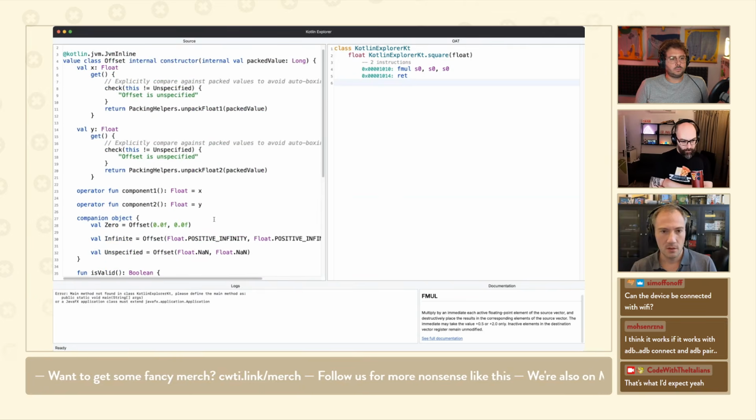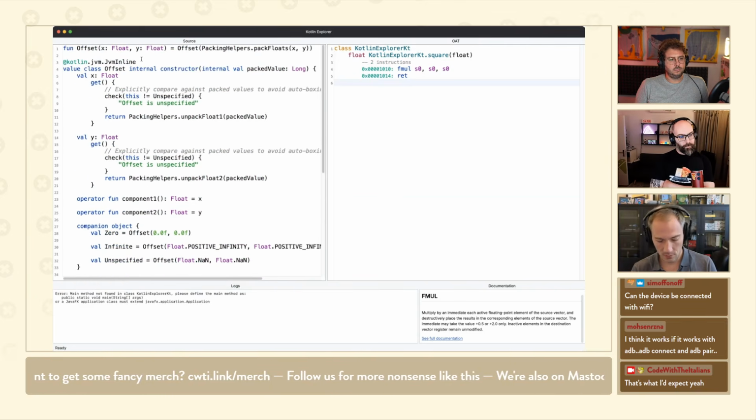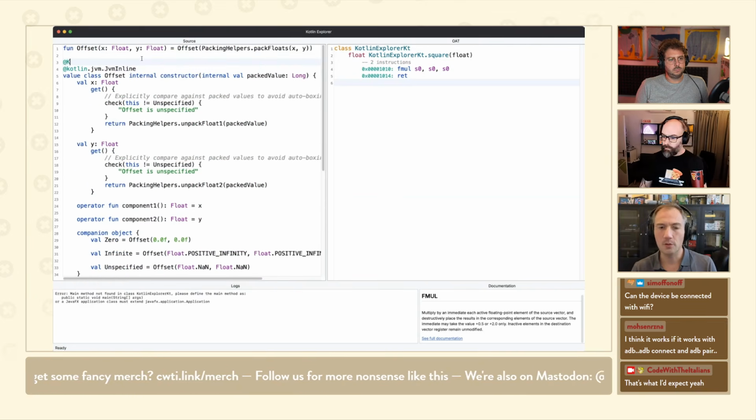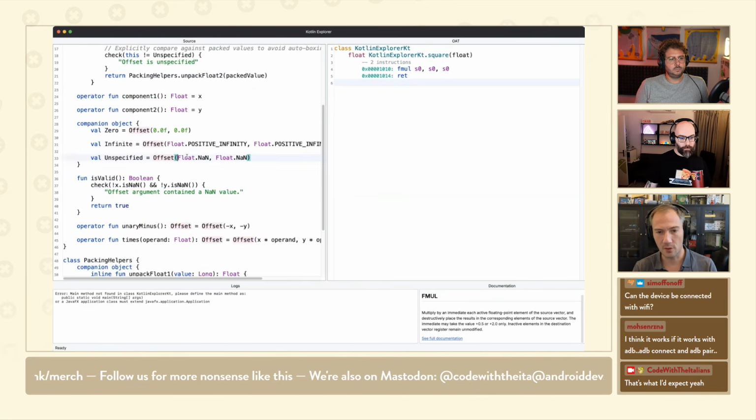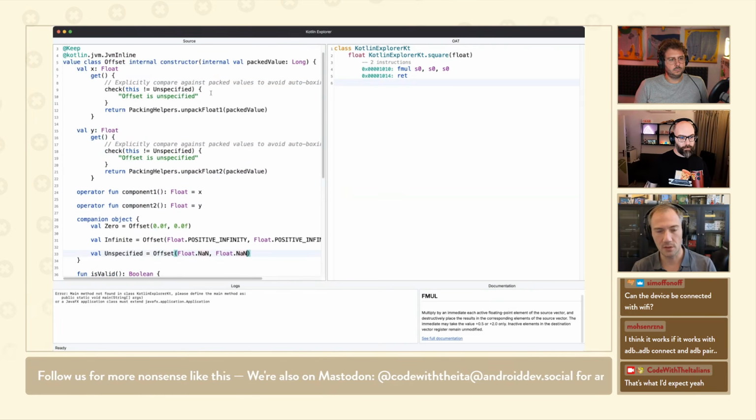So if we compile this and we look at the code, it looks pretty simple, right? You have your X and your Y getter. We do one extra thing. We say, hey, if this offset is unspecified, so unspecified is like not a number in both X and Y, we'll throw an exception. That's a built-in Kotlin function. Otherwise, we're going to return the actual value. So now if we decompile that,